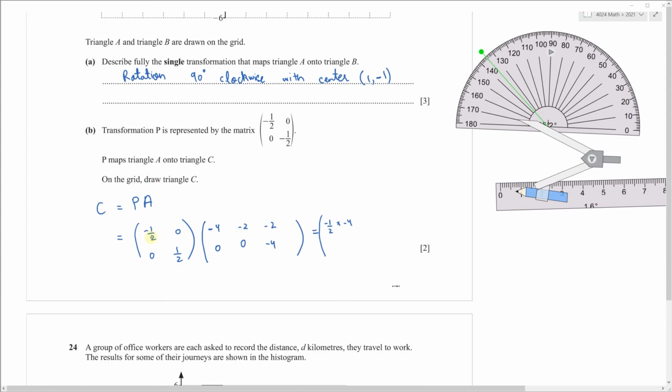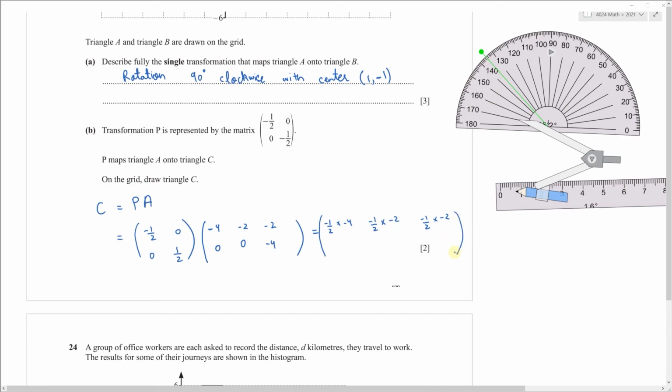Second, then you multiply the first row by the second column. So minus 1 by 2 into minus 2. And then 0 times 0 is again 0, so I won't write that. Then minus 1 by 2, 0 into this column. So this is minus 1 by 2 into minus 2 plus 0 times minus 4 is 0, so I won't